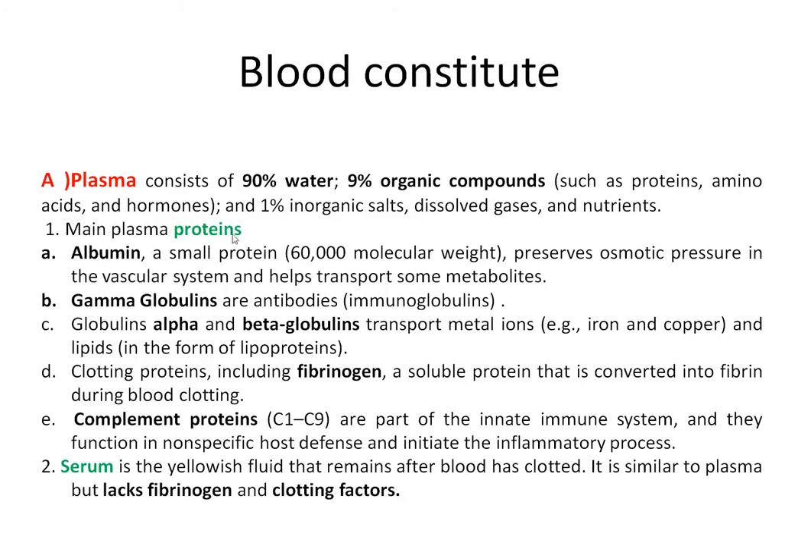Albumin is a small protein, with a molecular weight of 60,000. The functions of albumin are to preserve osmotic pressure in the vascular system and to help transport some metabolites. We have many types of globulins: alpha, beta, and gamma. Gamma globulins are antibodies, immunoglobulins, while alpha and beta globulins transport metal ions such as iron and copper, and lipids in the form